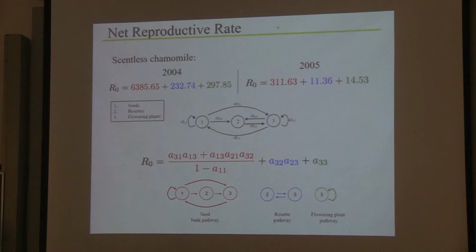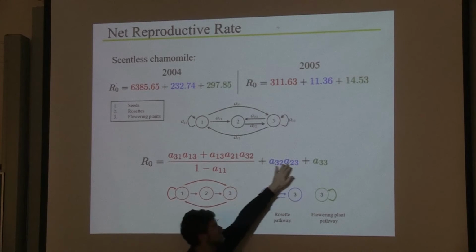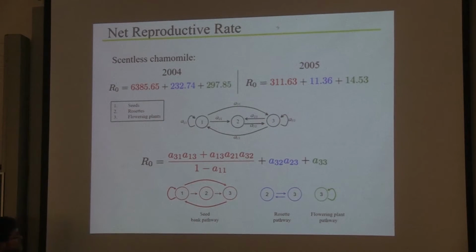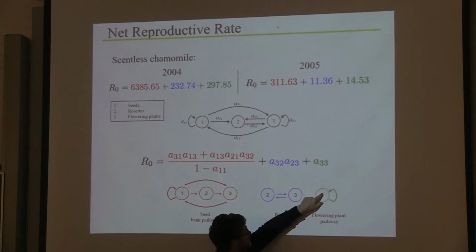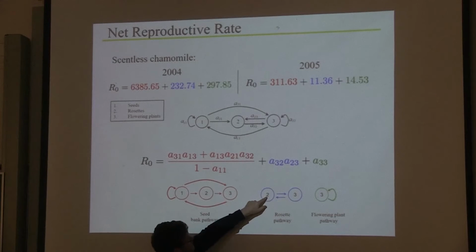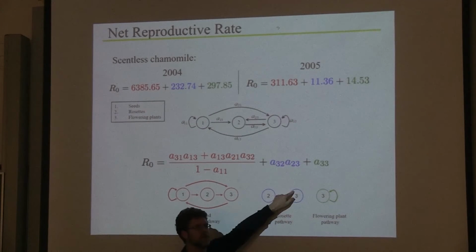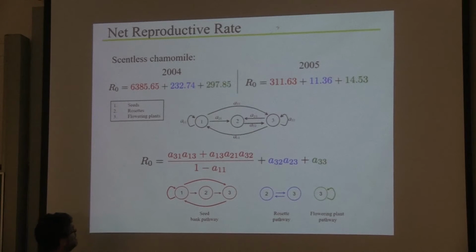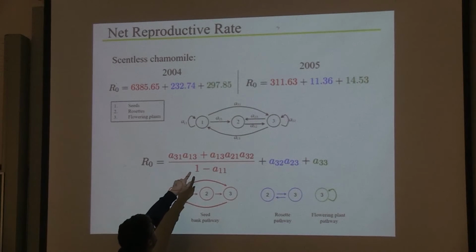Okay, so this was, first of all, when we applied it to our Scentless Chamomile, now I've broken it down into 3 colors. Okay, and so we can write what we call these fecundity loops. And if we start with a flower, okay, and we go back to a flower, that goes from flower to flower. Okay, that's the green one. If we start with a flower and go to rosette and go back to a flower, that's another loop there. We could start with a flower and